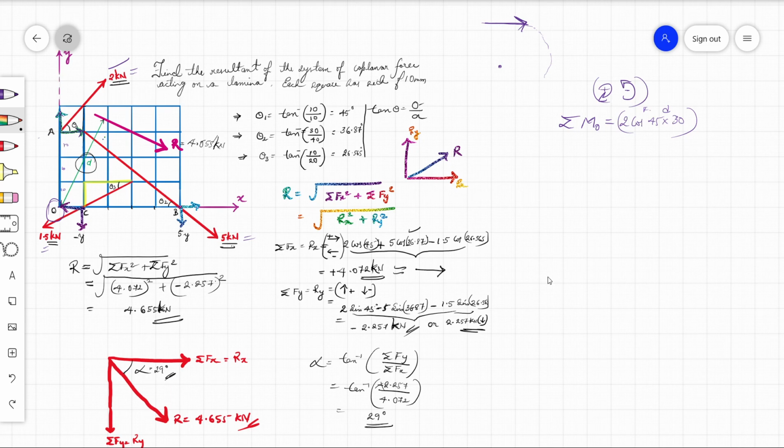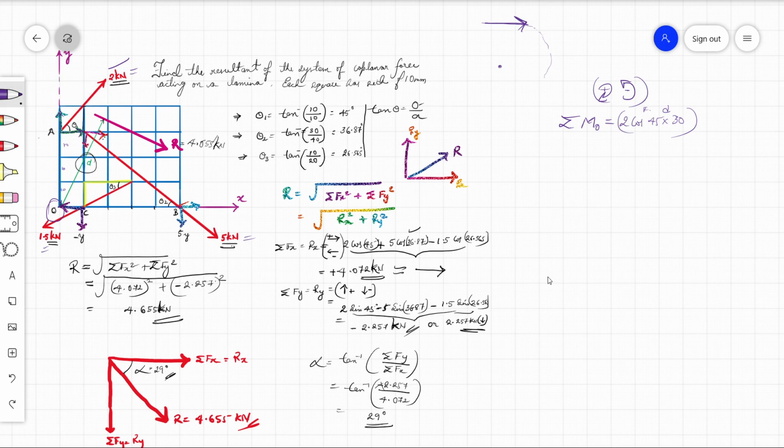And for the second force, that is 5 kilonewton, see, I have taken wisely the force, its x component and y component over here. I could have taken somewhere over here also, where it is possible to take x component and y component, but I have taken over here. The reason is, if I take over here, one more numerical term will come, right? So what I have done, I neglected that by taking the force on the moment center itself. So when you take the line of action on the moment center, the whole moment itself is zero. So I took this trick and finished it off. The same thing you should understand, how to simplify the numericals.